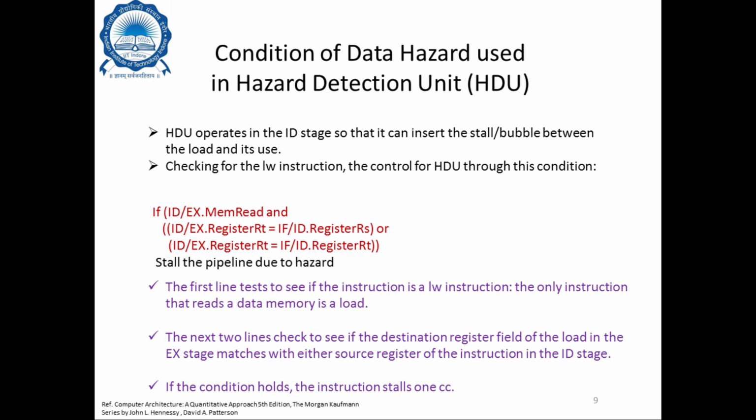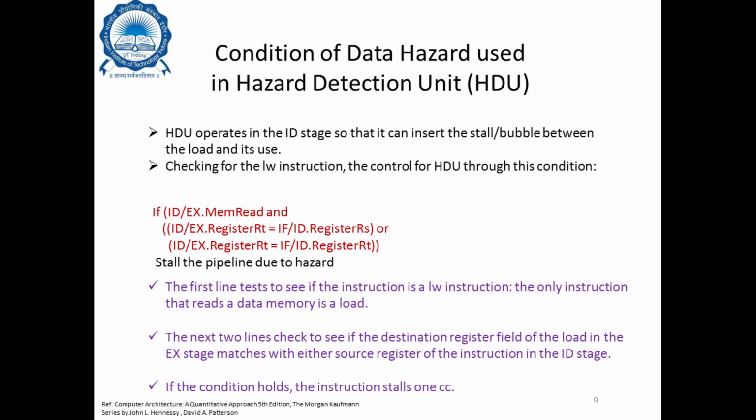Therefore, the control for the HDU through this condition is performed as follows. The first thing is if ID/EX, which is the pipeline register, dot MemRead, that is, we are trying to read, and ID/EX dot Register RT equals IF/ID dot Register RS, or ID/EX dot Register RT equals IF/ID dot Register RT. If this condition is satisfied, or comes out to be true, then we stall the pipeline